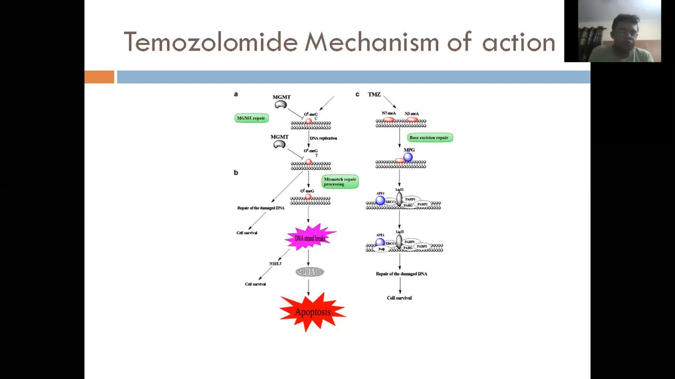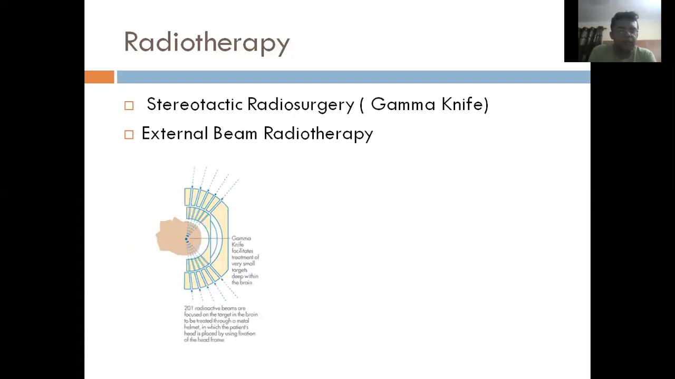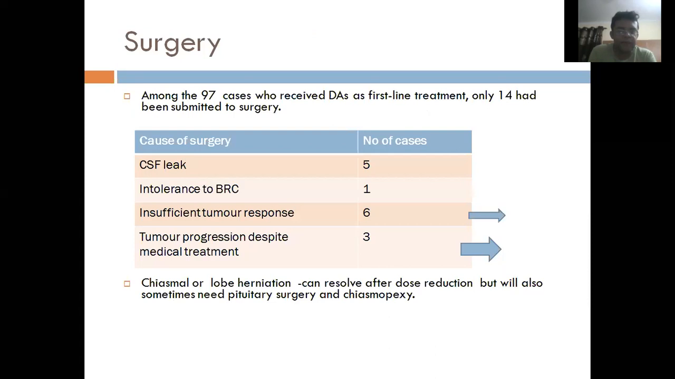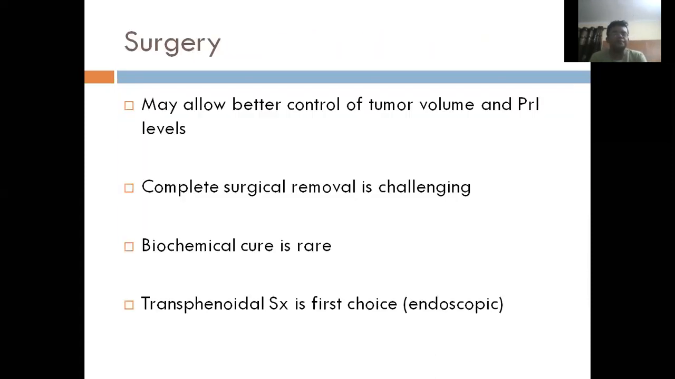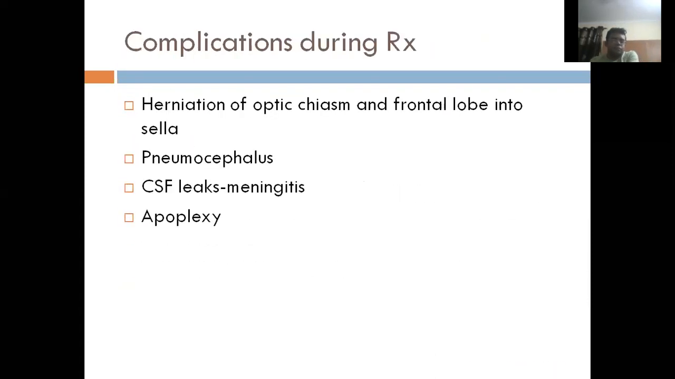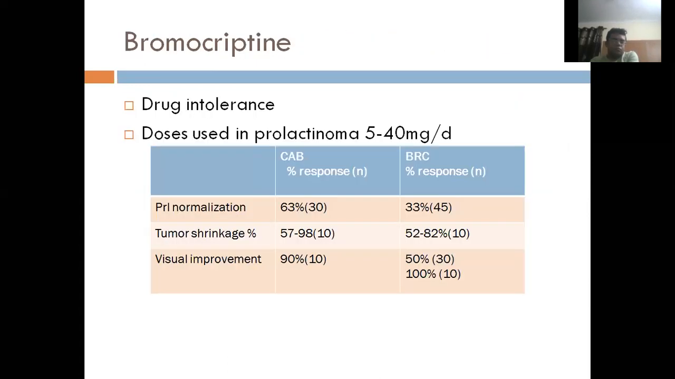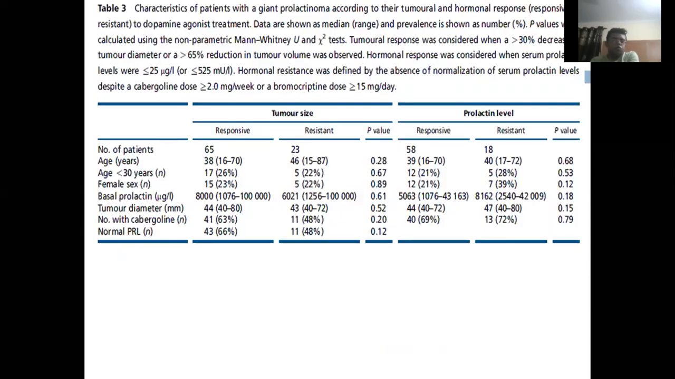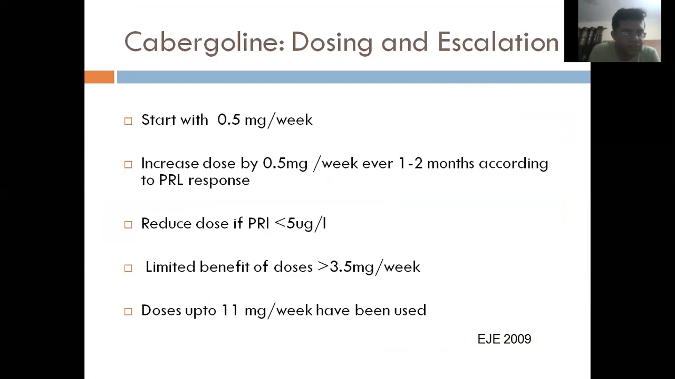Right. So let's go back to medical management. The question remains: how long will you give the medical management? Basically, what you do is you continue the drug, you suppress the prolactin to normal value, and then after every 6 months to 1 year, you repeat the MRI, generally at 1 year, to see whether the tumor has shrunken